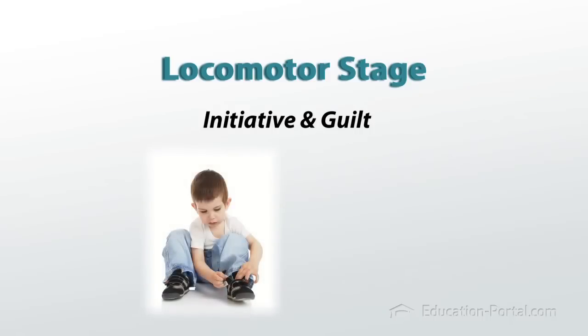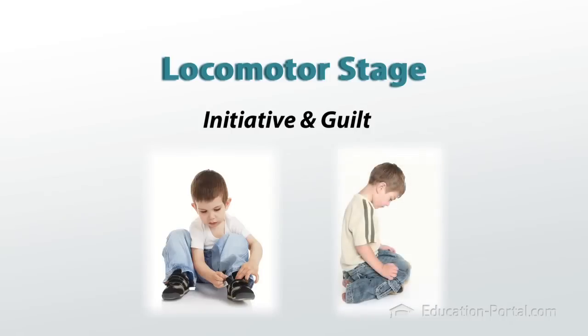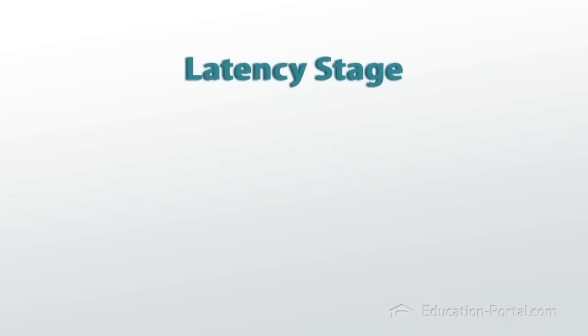A related conflict between initiative and guilt defines the next stage, the locomotor stage. Children in this stage, between the ages of 3 and 6, need to develop initiative or independent decision-making about planning and doing various activities. If they are not encouraged to do this, or if their efforts are dismissed, they may learn to feel guilt instead about their desire for independence. The last childhood stage is called latency, and is defined by a conflict between industry and inferiority. Children at this stage are between the ages of 6 and 12, and